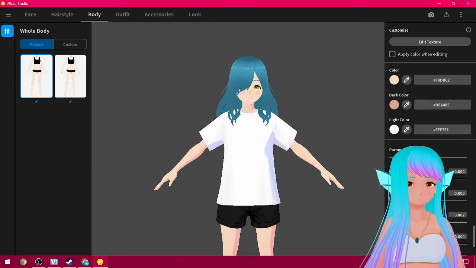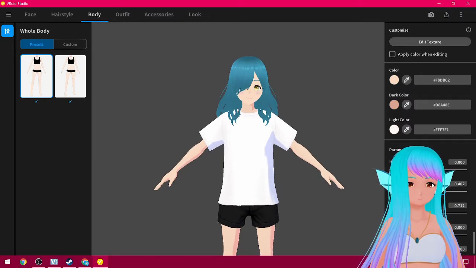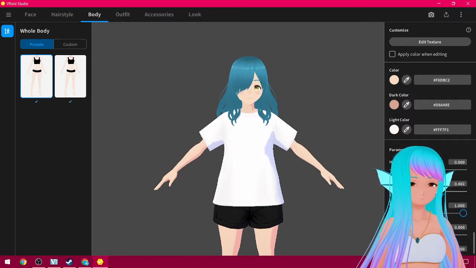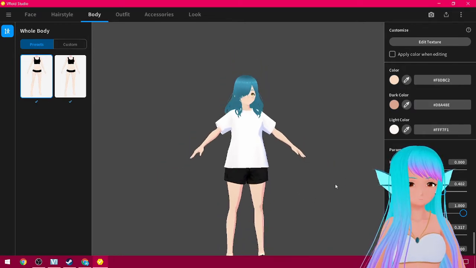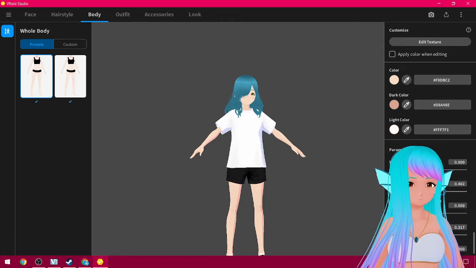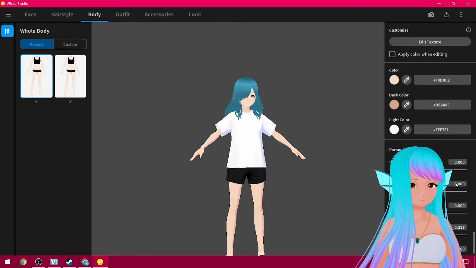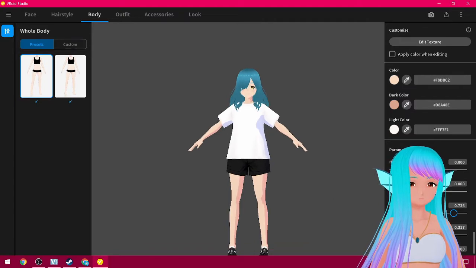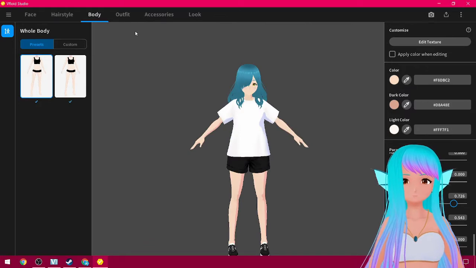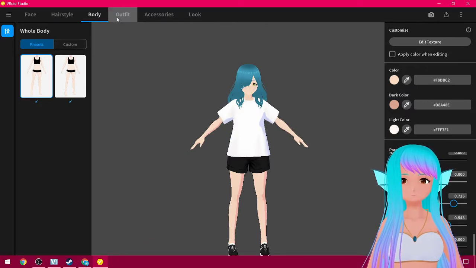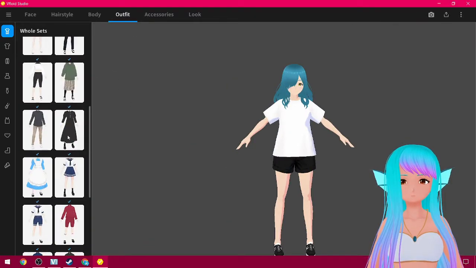Torso length, so you want the torso a little bit taller. Waist width, you want to be thick. You can move the leg length up. We change that back. The legs. So I'm liking that. So the next one is outfit, and this is where you can pick what your character wears,